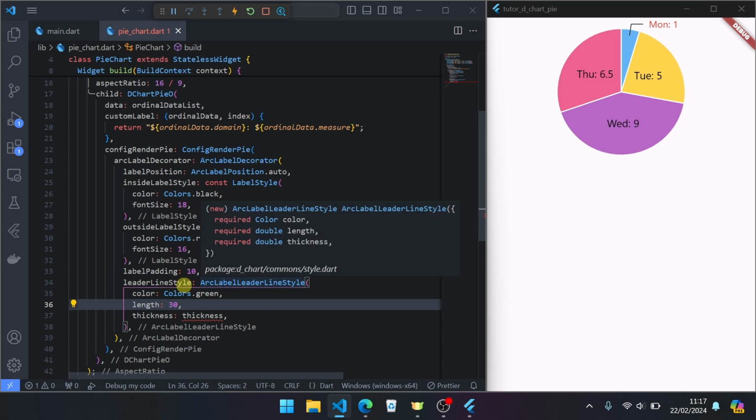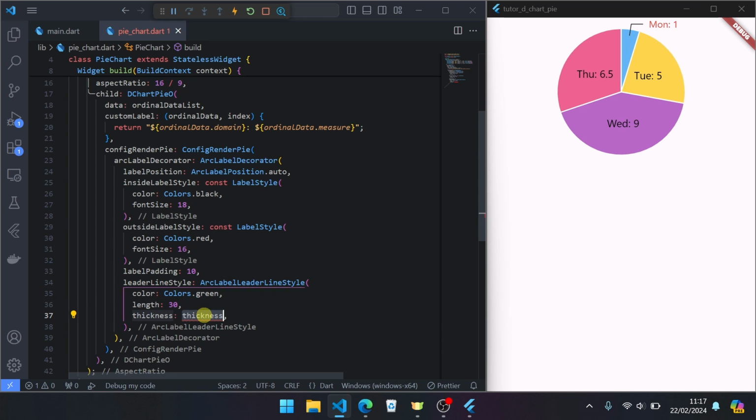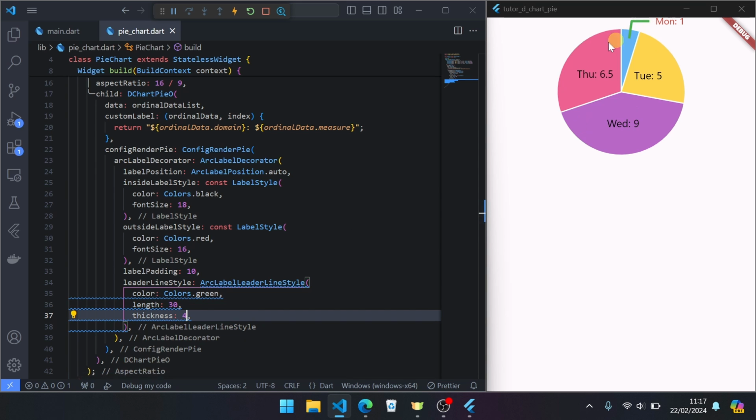Then for thickness, the default thickness is 1. So if you want it thicker, set thickness more than 1, like 4, for example, like this.